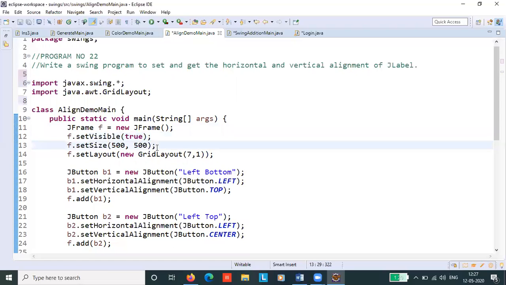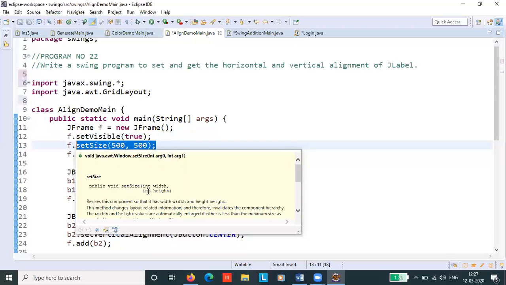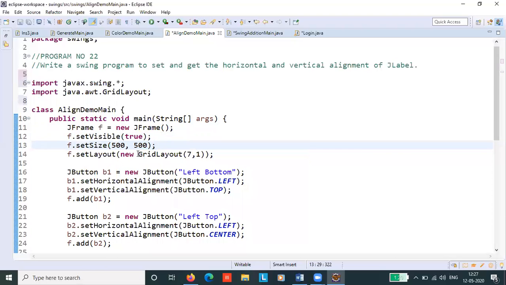Next, as we know, we have to set the size for our frame. The first argument is the width, the second argument is the height. So we have to set the width and height of our frame.